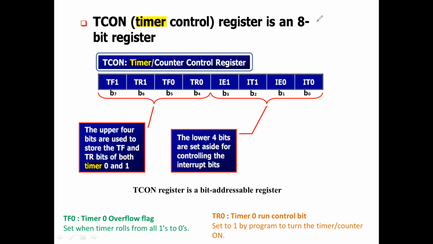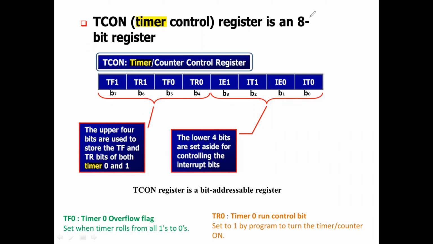This is very important, what I would like to explain to you. See, this flag is nothing but the timer 0 overflow flag. When the timer rolls over from all 1s to 0, that is FF to 0, the maximum value, once it is reached, once again it will come back to 0. At that condition, there will be an overflow. So at that time, this flag will be set. This is a flag bit.